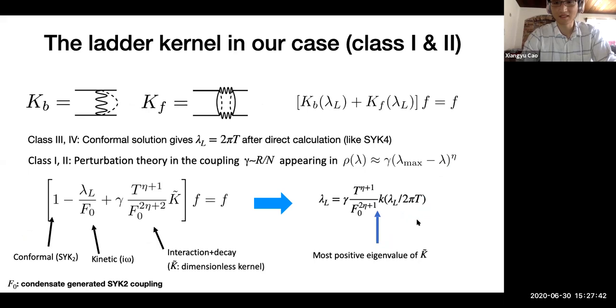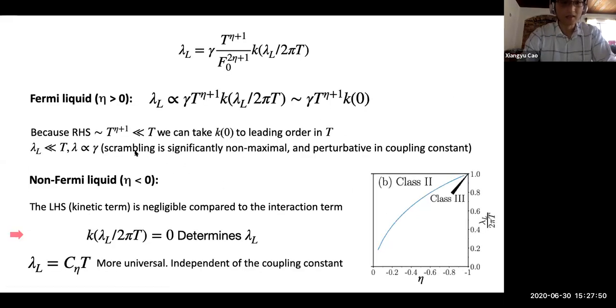So remember that K is the most positive eigenvalue of this non-trivial part of the kernel. And then you will find that lambda L is proportional to something much smaller than linear in temperature, and it's also perturbative in coupling constant. Whereas in non-Fermi liquid,